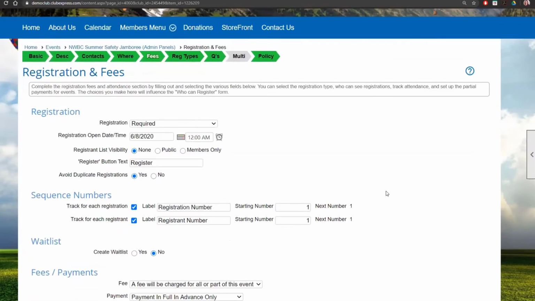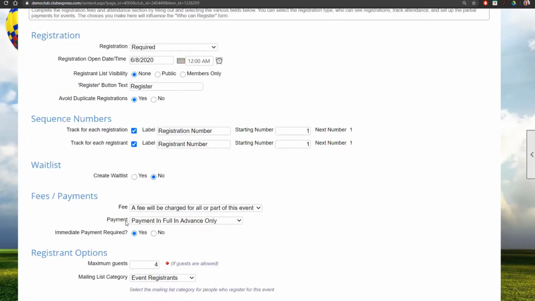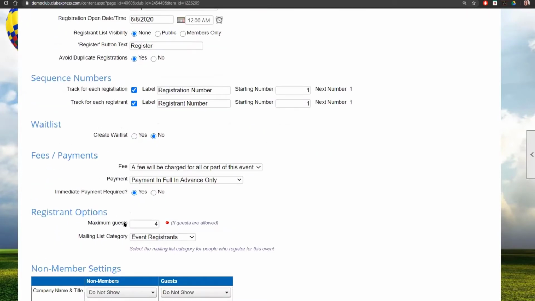Next up, our registration and fees page. Our registration and fees page, again, is largely the same as our single activity event registration and fees page, with a couple of differences. So now at the very top, of course, we've said that registration is required. We've set our registration open date. You're still configuring all of those options, but one thing that you don't configure is capacity,